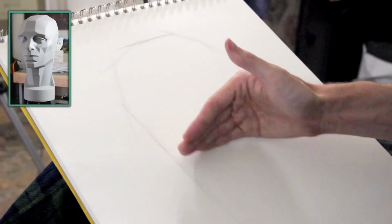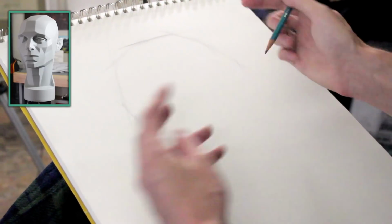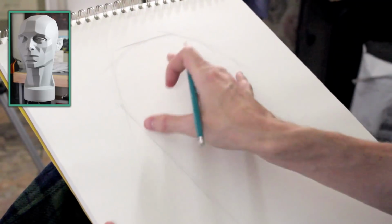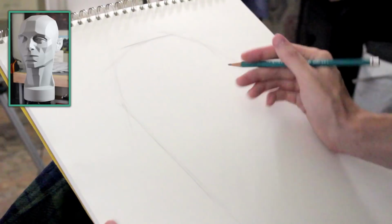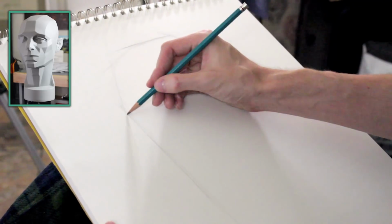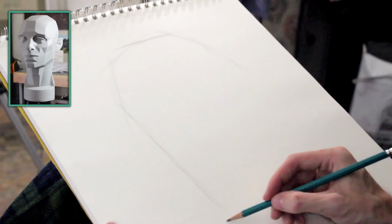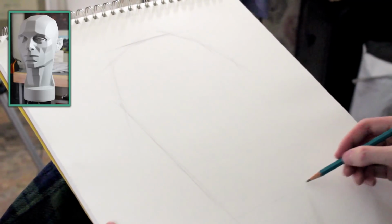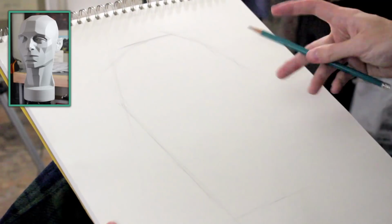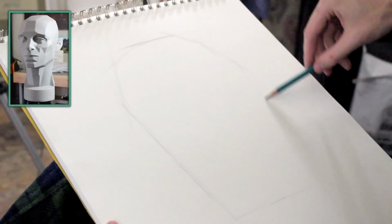I'm either going to want to move it up or move it down, because otherwise I'm going to be moving everything around and it's going to be a pain. So I want to make sure I have these three edges stay where they are and try to only mess with the bottom edge. But like I said, with a long line like this, it can be difficult to determine where the bottom's going to be. I can guess, and that'll give me a starting point. But until I really figure it out,